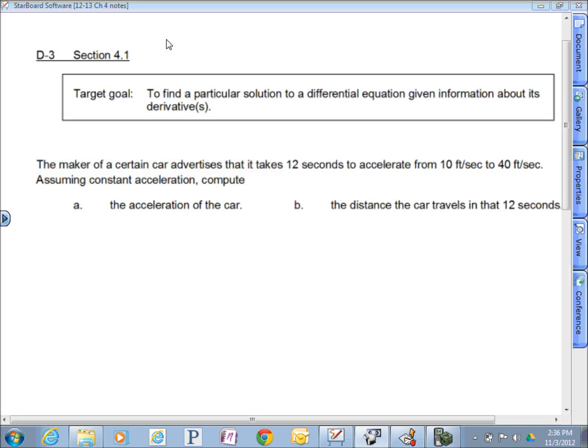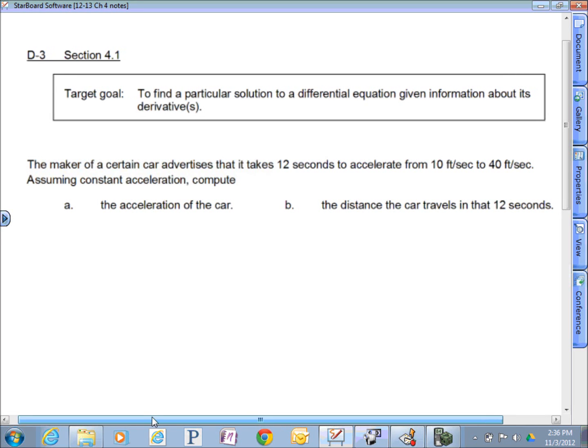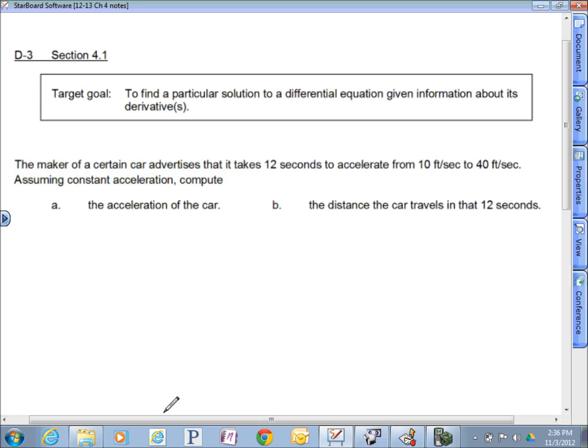Third and final day on section 4.1, where we've learned how to do antiderivatives. We've learned the difference between a particular solution to a differential equation and a general solution to a differential equation. So here we're going to look for a particular one given some specific information about its first or even its